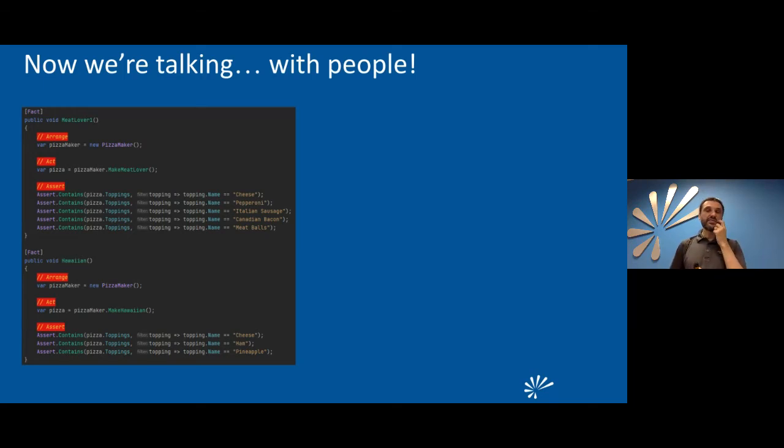Now we're talking with people. The point behind that is the following. We started with tests that look like arrange, act, assert, bunch of assertions, a lot of copy and paste. As a developer, I do not feel like showing that kind of test to anybody who's not a developer, right? I would not show those tests to my product owners, to my business analysts, to the business people, because they're going to look at this like, yeah, I don't follow. I see the names of the toppings, but all this other stuff here, I don't understand. What is with that equal greater than sign? What does that mean, right?